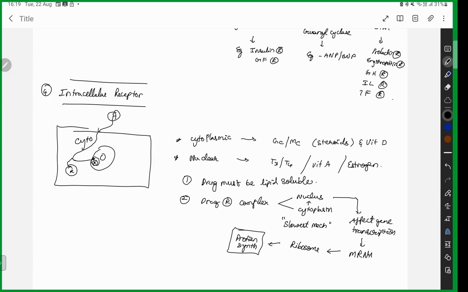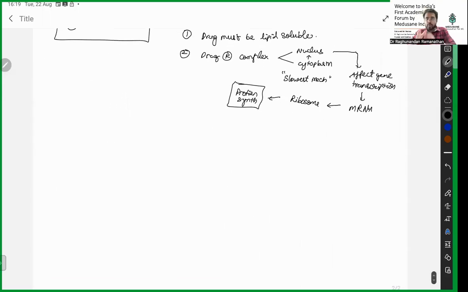Now we are going to see based on the drug receptor activity. Based on the drug receptor activity, we divide the entire drugs into four important types: agonist, antagonist, partial agonist, and inverse agonist. Now close all your notebooks once again.